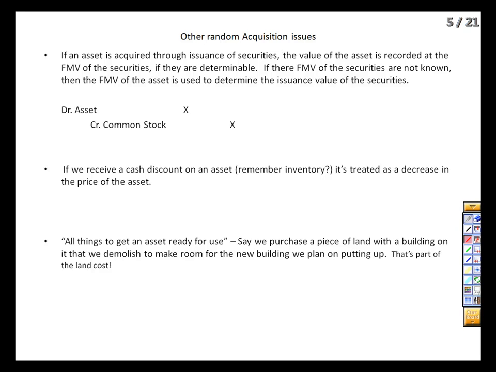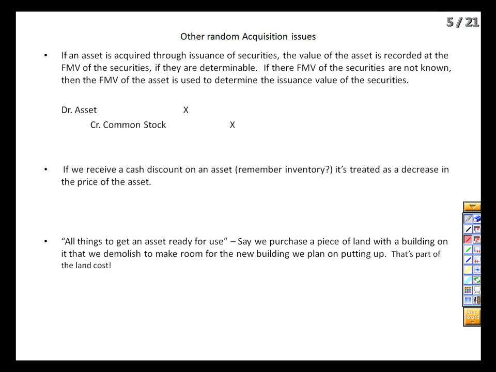The question, of course, is what value do we assign these transactions, and our rule of thumb is fair value of the asset or the security, whichever is easier to determine. So this means if I'm Dave Co. issuing stock in my closely held company to someone, it may be easier to get an appraisal on the asset than it is to get an appraisal on my stock. But if I'm General Electric, whose stock is traded daily on exchanges all around the world, if I issue 100 shares of stock in return for something, I know exactly how much I just gave the seller, and that's the number we'll use for this entry. Our first choice would be the value of the securities, but if that's not feasible,